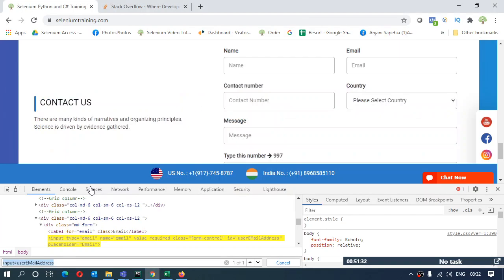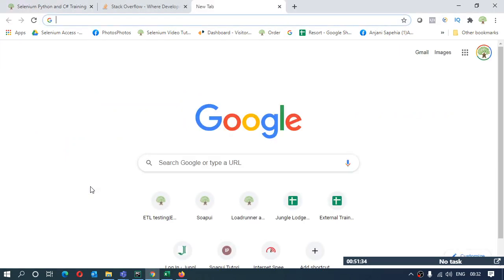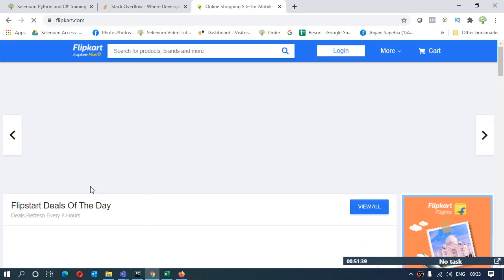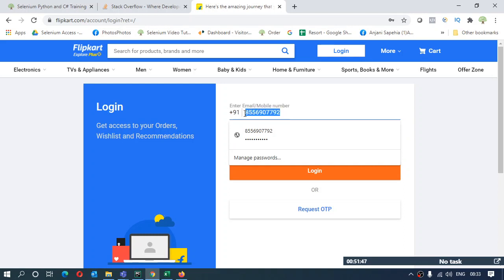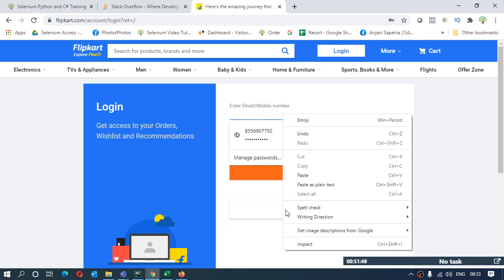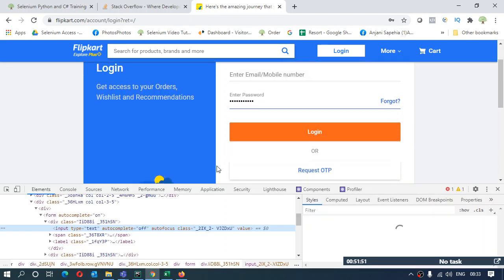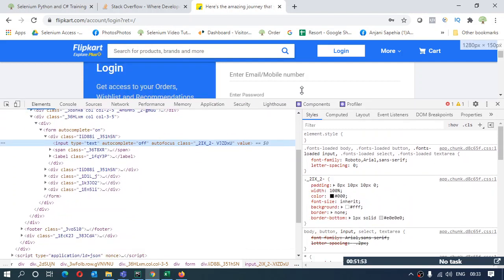Now if I take you to a URL, let's say flipkart.com, and over here if I click on this login and if I inspect it, this is some autosaved number. I'll inspect it, and over here you can see this autofocus class, these.